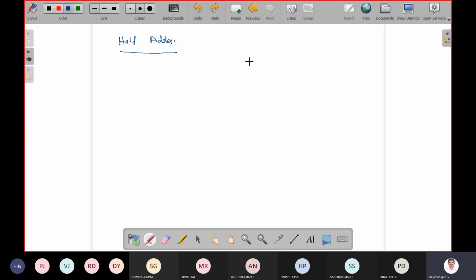Before I start the design, in the specification I am going to say that it has two inputs and two outputs, and it produces the result as the addition of the two inputs.